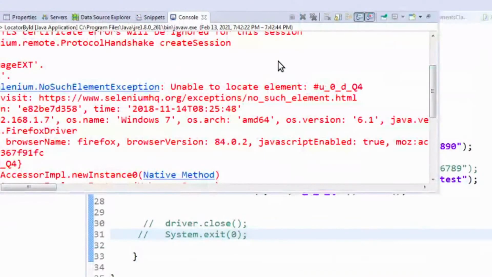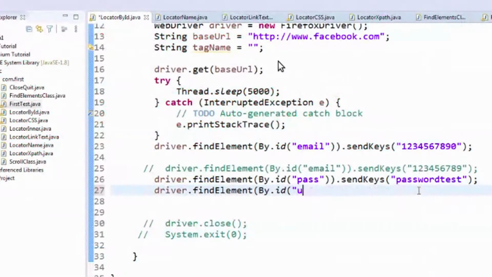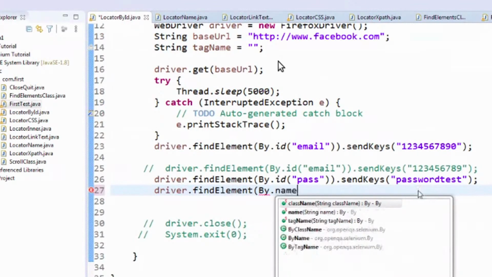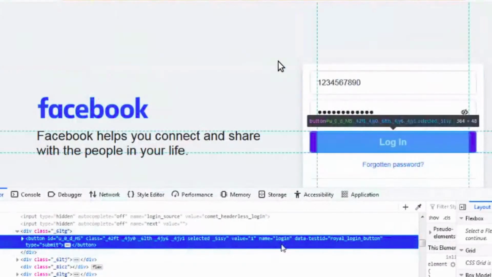Let me change this property. So By.name. We have this locator name, and the value of this locator is login. And see, it's login. Name is equal to login.